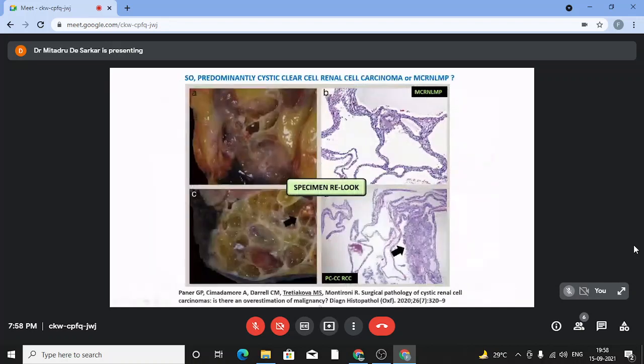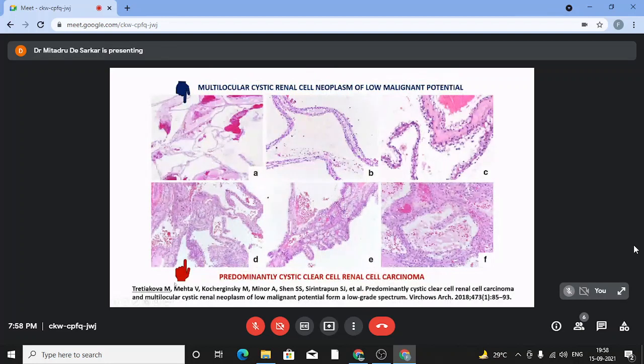Having said that, one of the authors of this particular article is also the primary author of this particular multi-institute study, where they have actually segregated these two categories of tumors. My query was as to whether you always need a gross equivalent to call something a predominantly cystic clear cell RCC. So in this particular